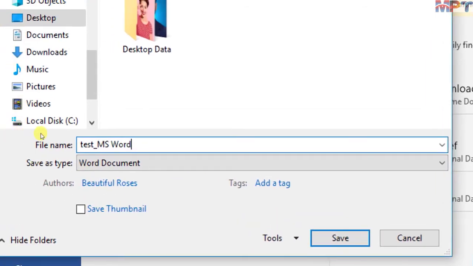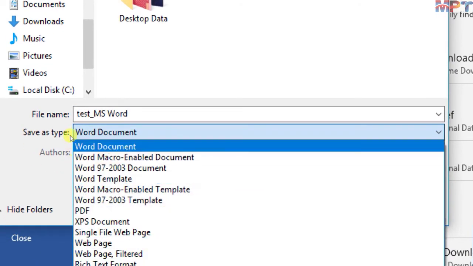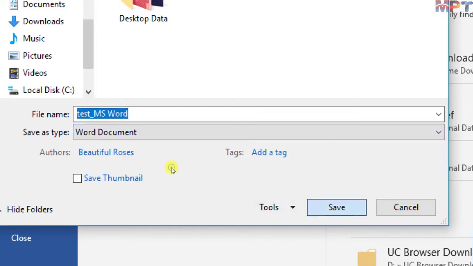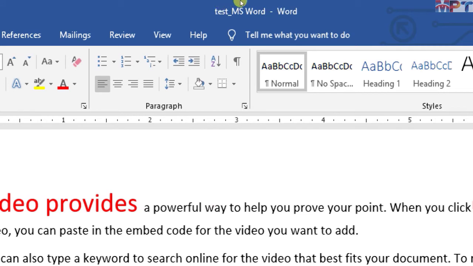And what is this? Save as type. This is the extension of MS Word. Okay, you can also save different extensions. Click Save, and here the name is changed. This is the title bar. Now